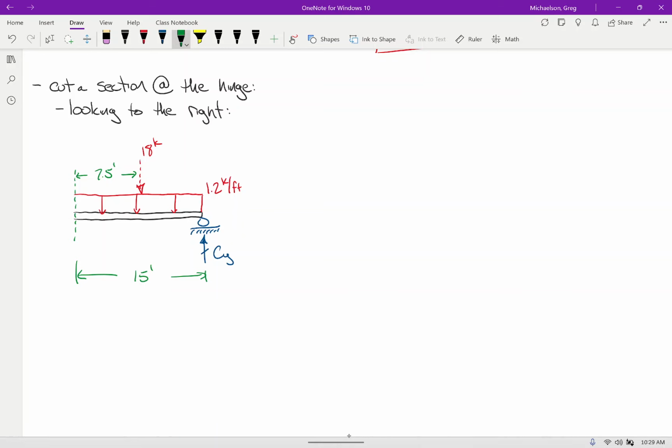All right. Everybody with me so far? Now, I cut a section through a hinge, okay? So if I cut a section through a hinge, there is an unknown force in the x direction and an unknown force in the y direction. I'm going to go ahead and draw them just to say that they're there, but the values themselves don't really matter in terms of computing the support reactions,